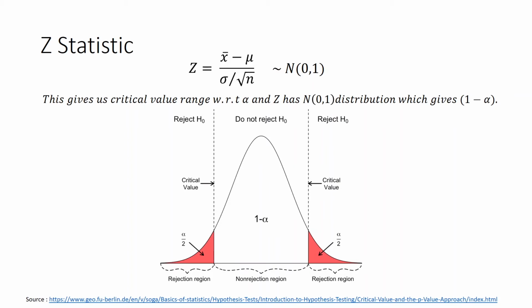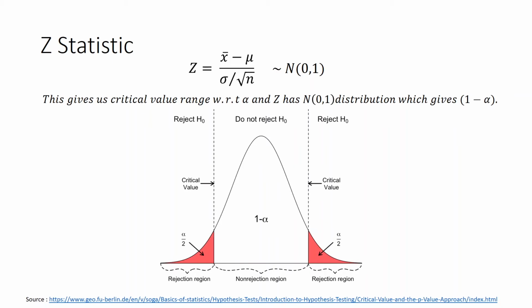So if you see where my critical value resides, just forget the H naught, okay, that is associated with the hypothesis testing that I'll be covering in future videos. But just keep this in mind that this is a normal distribution, and in that, 1 minus alpha indicates the non-rejection region. So whatever values, considering our confidence interval, fall within that range, they are going to be valid.